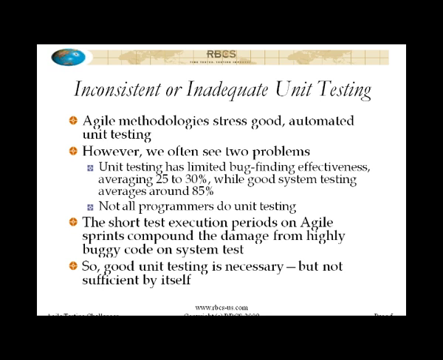This creates a lot of problems. If the code is coming in with insufficient unit testing into system test, given that the sprints are already short and time compressing the test execution periods, having code show up that is not stable and ready for very quick, effective system testing can do a lot of damage. You can get to a point where you're really not fully engaged in the testing as you're approaching the last day or so of the sprint.